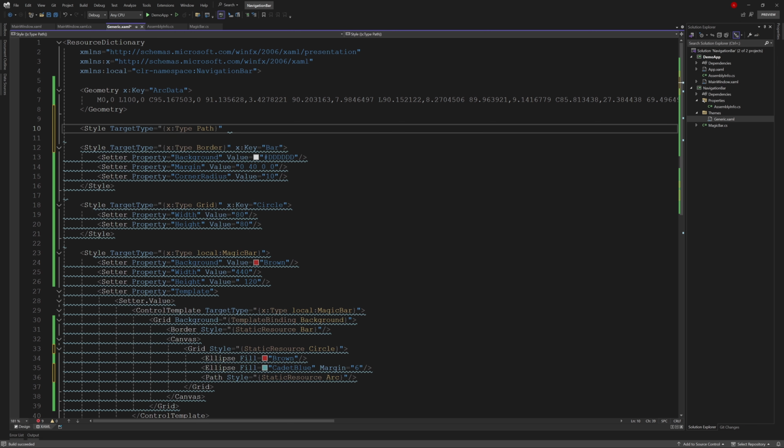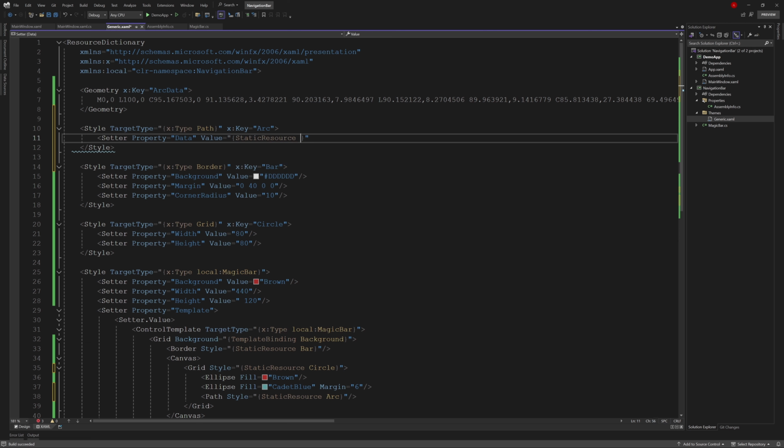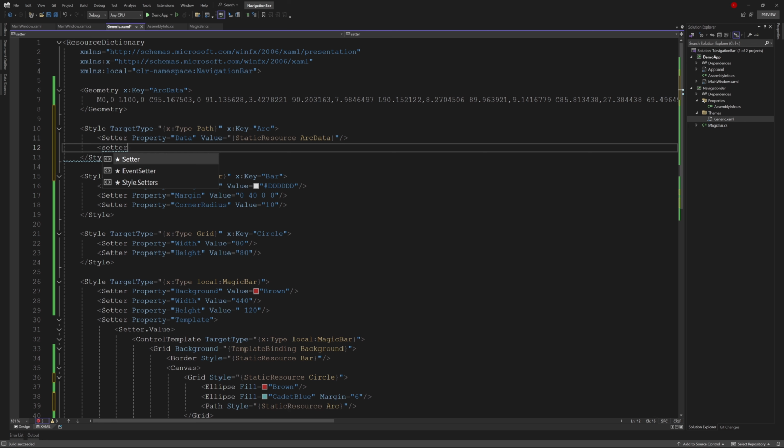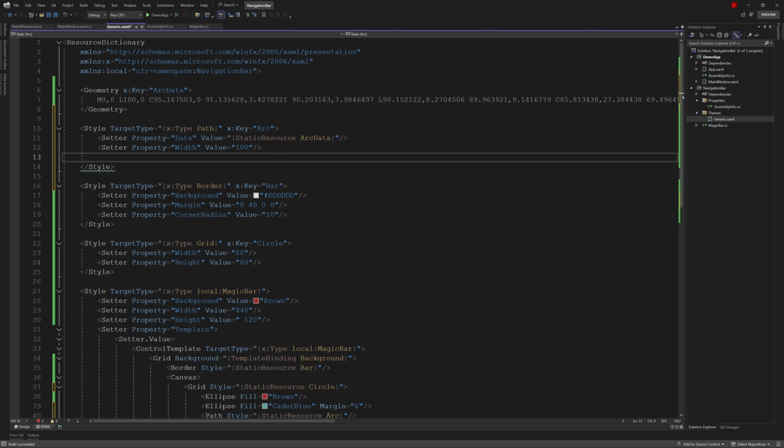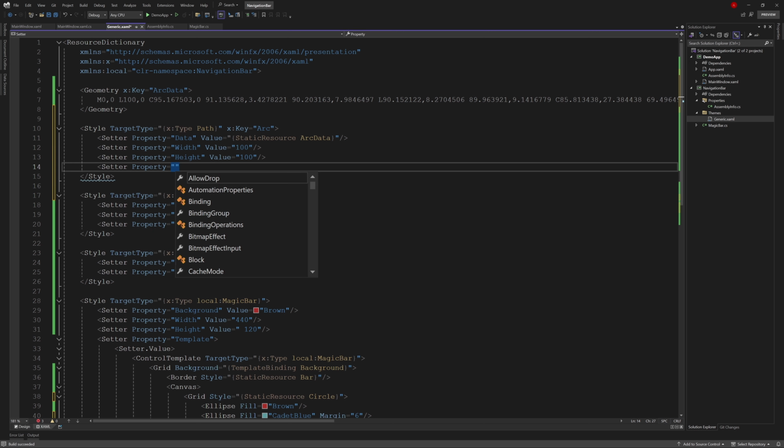First, we need the data. StaticResource, arc data, and width and height of 100. Then we set the fill color to yellow.